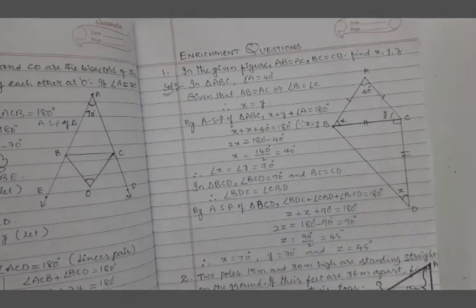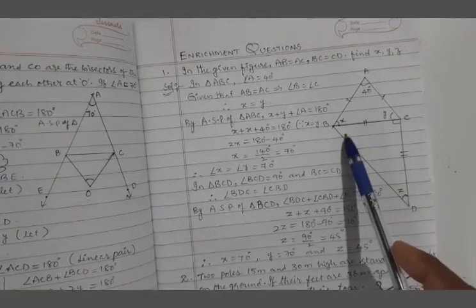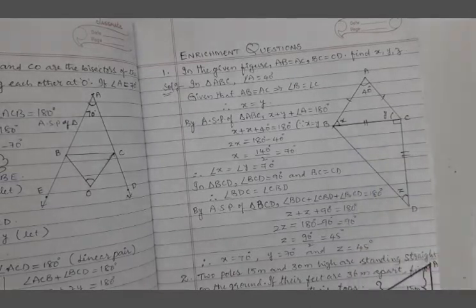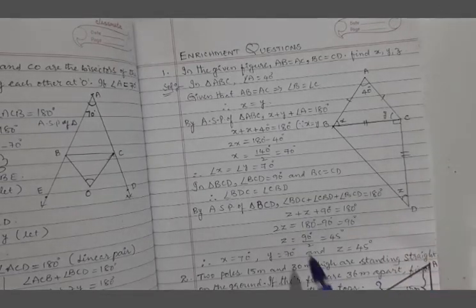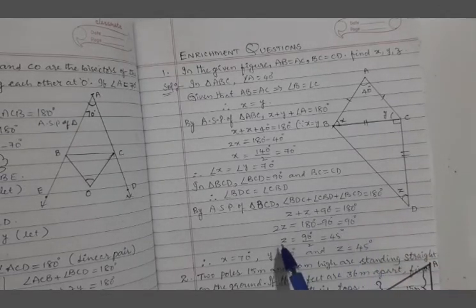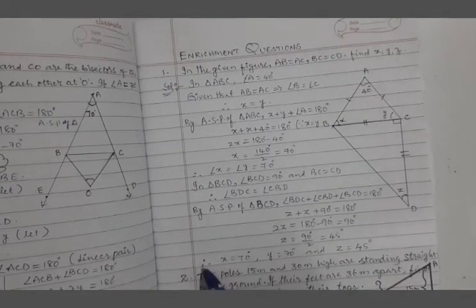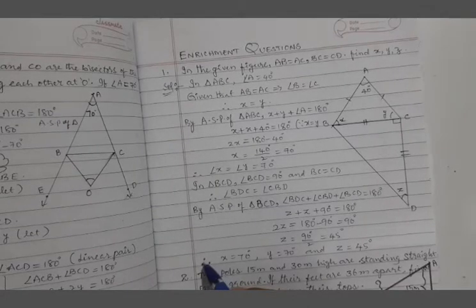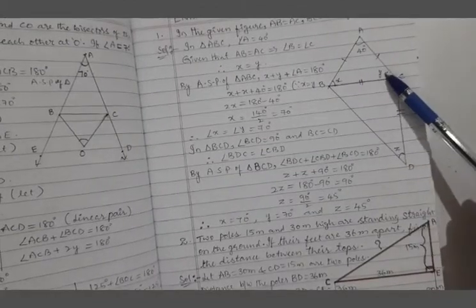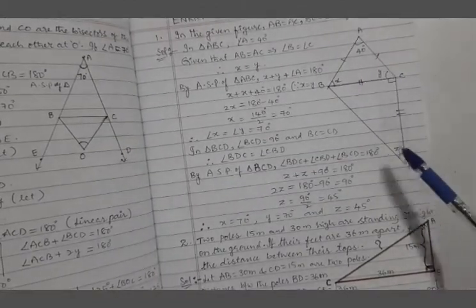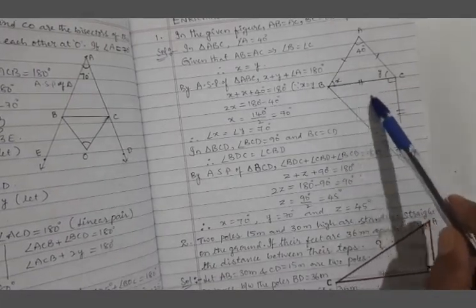Again, by angle sum property of triangle BCD, we can say Z. This is also Z, not given in the problem, but we will get it as Z. So Z plus Z, here one symbol is given, which means 90 degrees. So 2Z is equal to 90. So Z is equal to 45 degrees. Therefore, at the end of the problem, angle X is equal to 70 degrees, angle Y equal to 70 degrees, Z is equal to 45 degrees. Even here also 45, which is not asked. Sometimes they will mark here W and ask what is the value.